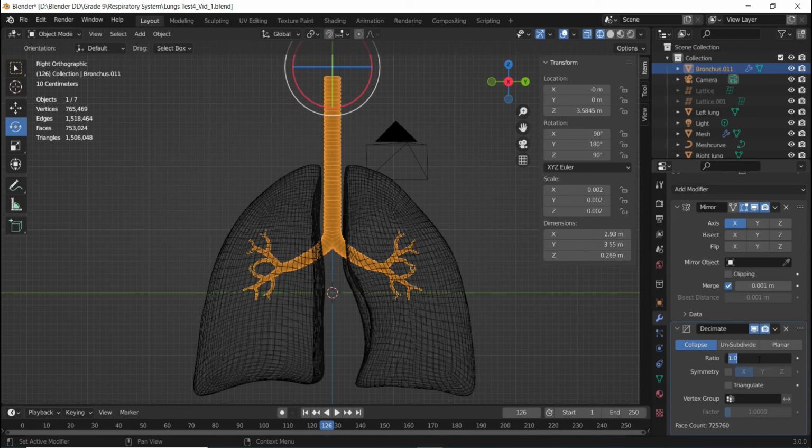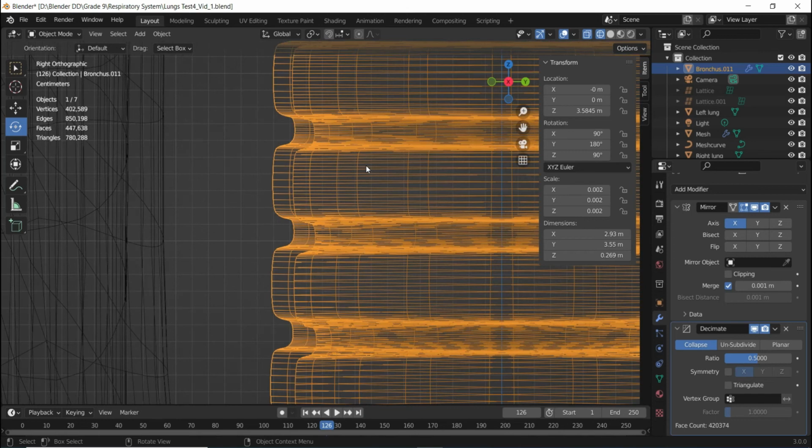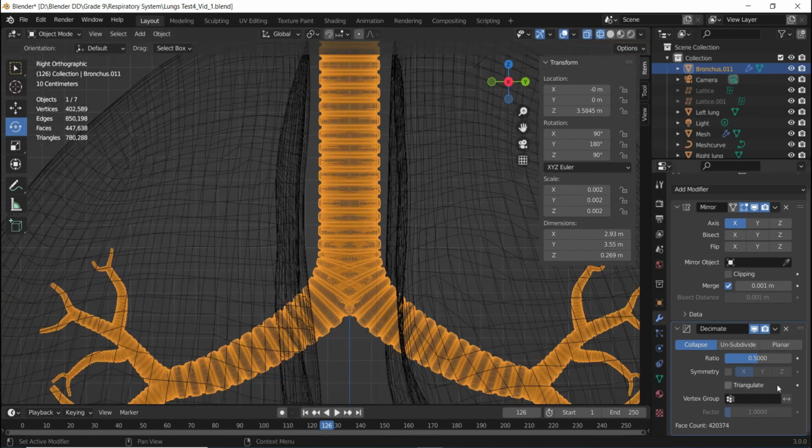If I reduce it to, let's say, 0.5, will this make any change? It is taking its time to process, so we need to wait for a while. And with that, you can see that the face count has been reduced from 750,000 to around 440,000. Not much of a difference is visible, but it has made some changes.